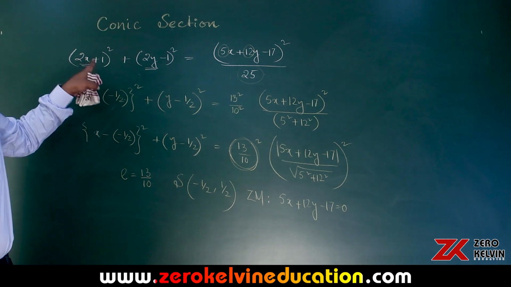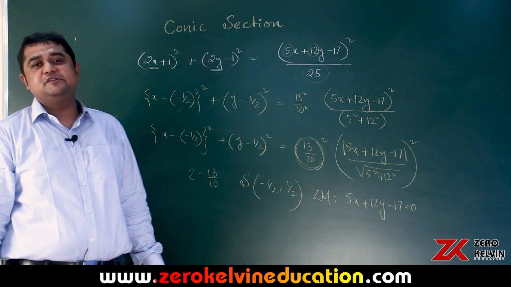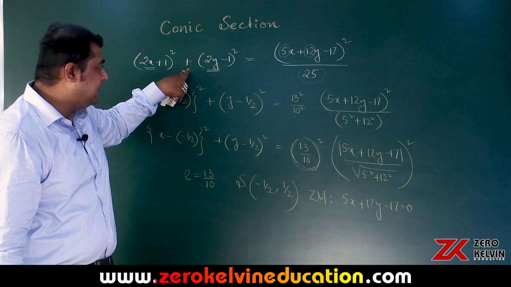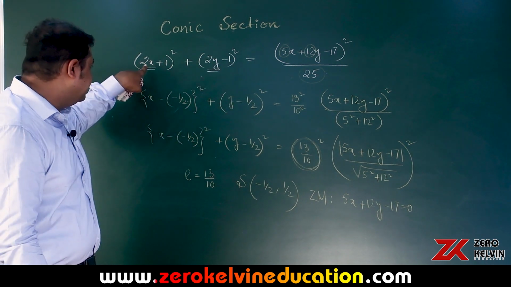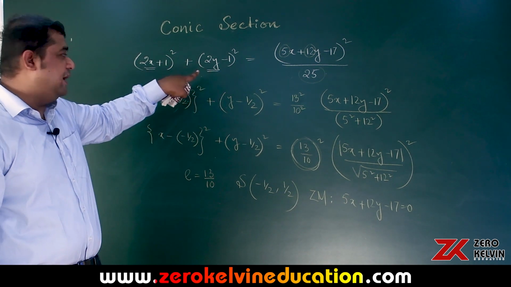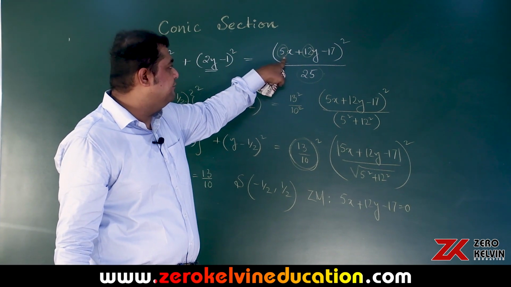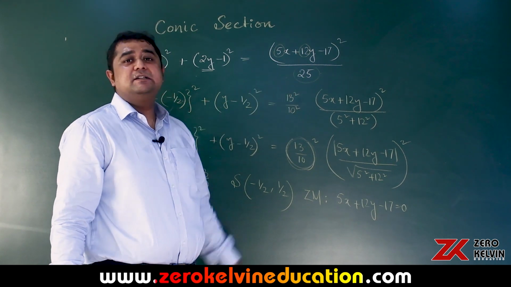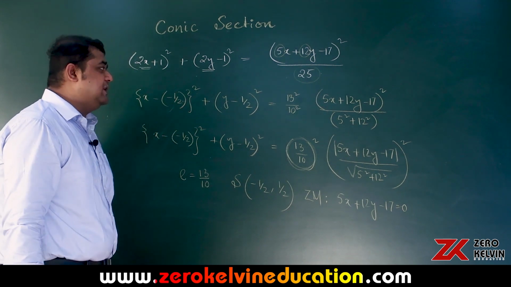So from SP = e times PM, or SP² = e² times PM², from this representation we can identify by standardizing the marked positions, that is the coefficient of x and coefficient of y in the base of the squares found from the distance formula, as well as maintaining the coefficients of x and y from the linear expression, corresponded by the sum of their squares in the denominator, to maintain the perpendicular distance form.